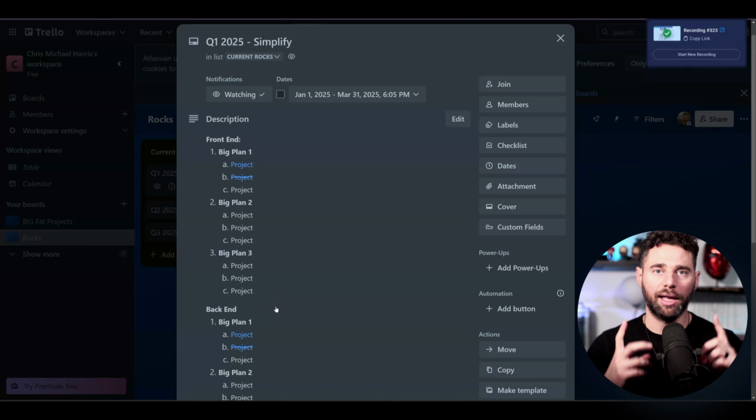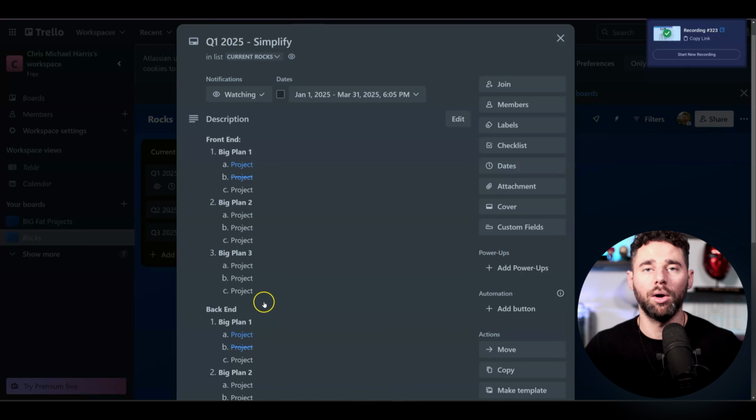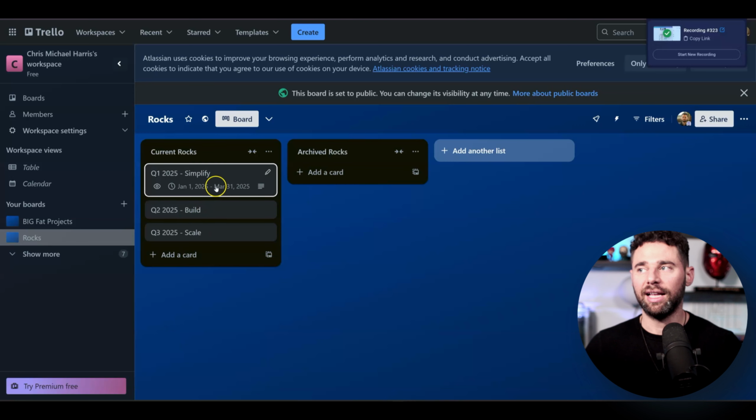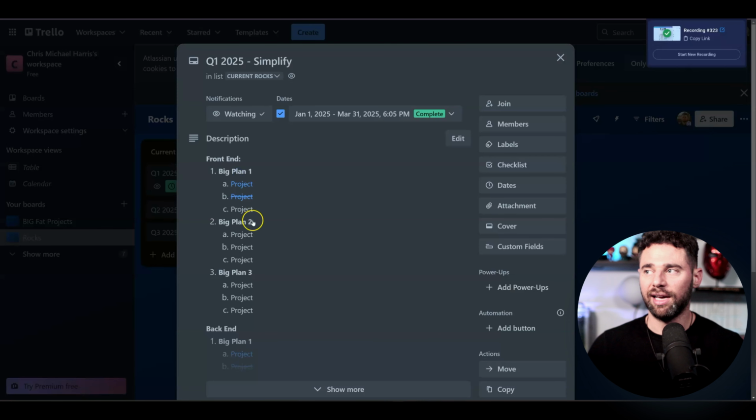If you have to, be like, okay, I'm going to only do 2 per quarter, and I'm going to make those 2 count. So I really need to make sure they're the things that are going to move the needle forward. So don't overload yourself. You will burn yourself out. But we're going to take those annual plans, break it down, and say, these are the most important things for quarter 1. I'm going to focus on those first. And then I'm going to build out my projects, basically just notate all the things that need to happen for that big goal to become a reality. We have to do this, we have to do this, and we have to do this, right?